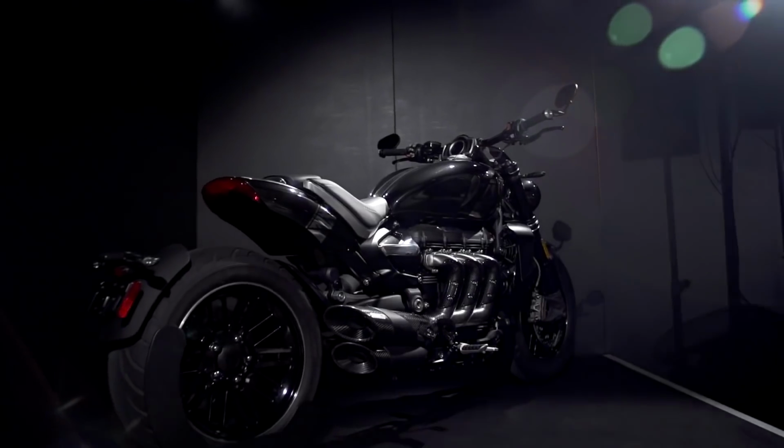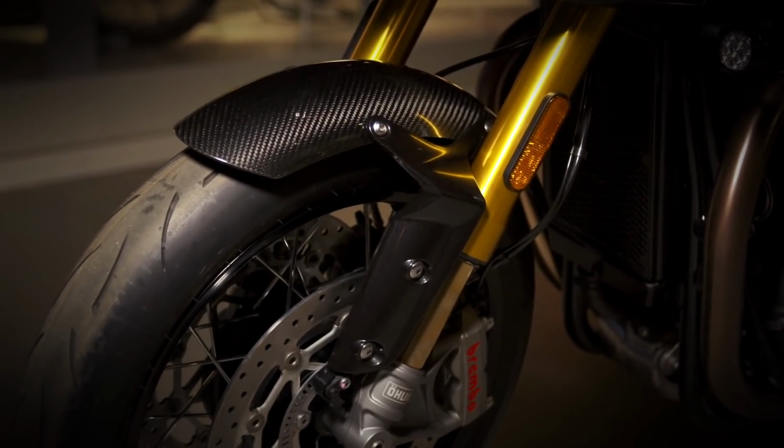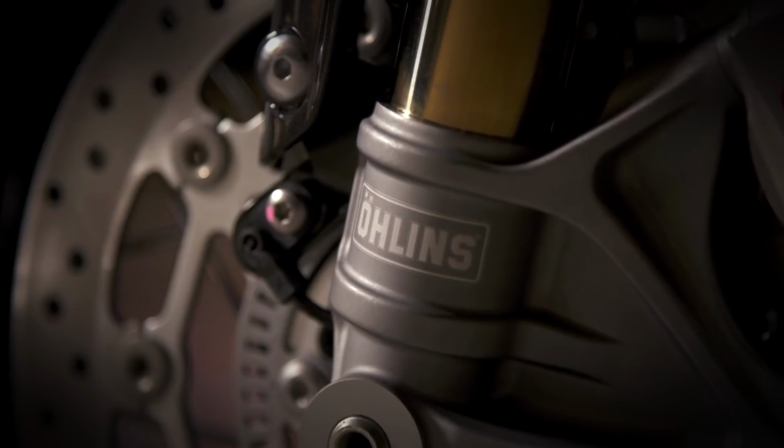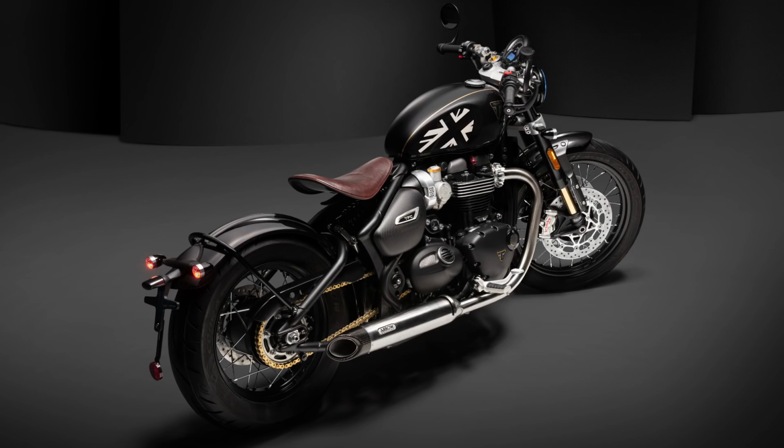First we had the Rocket and the Thruxton, but today Triumph have launched the third model in their line of factory custom bikes, the Bobber TFC. So let's take a look at the specs and details of this limited run of 750 bikes, which are essentially